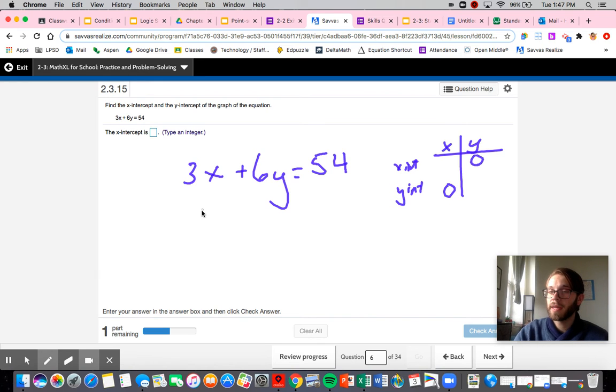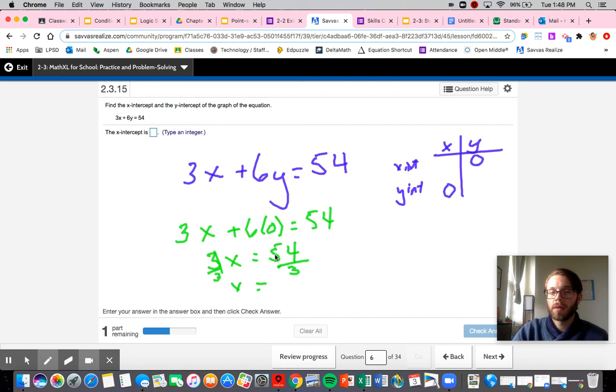So that's ultimately how you find these two. So if I want to find the x-intercept, I just set y equal to 0, and I get 3x plus 6 times 0 is equal to 54. Right? So we have 0 there, so we get 3x is equal to 54. So x ultimately, when you divide by 3, right,